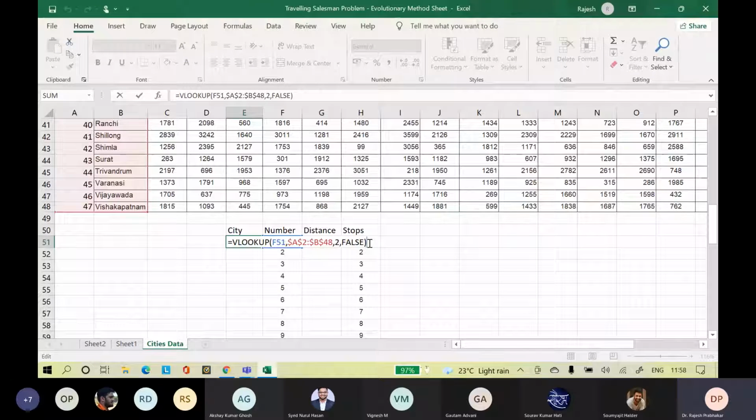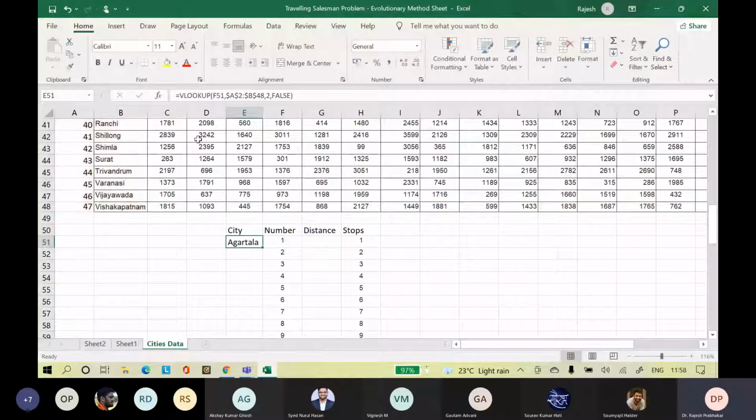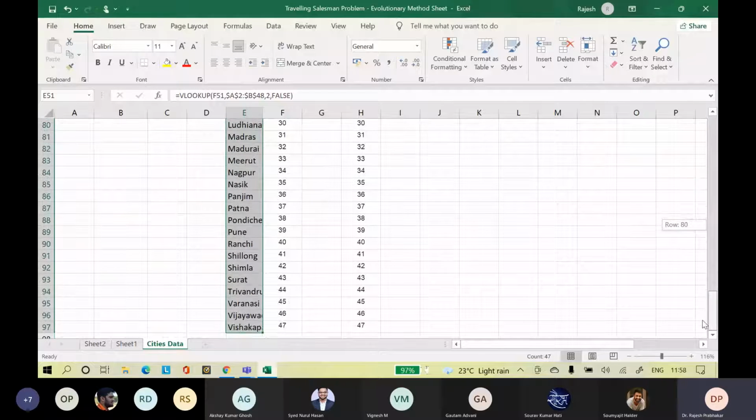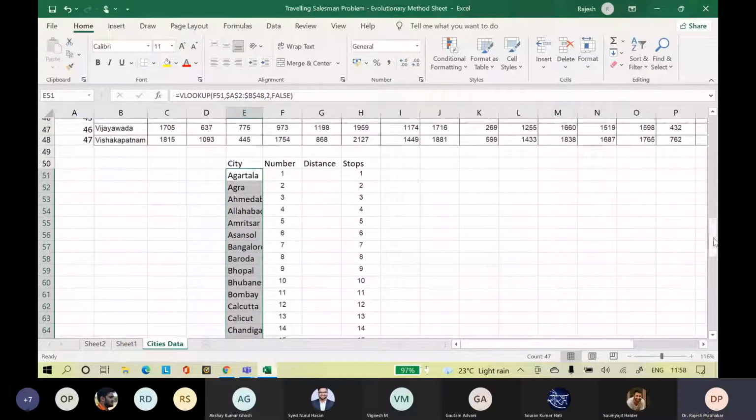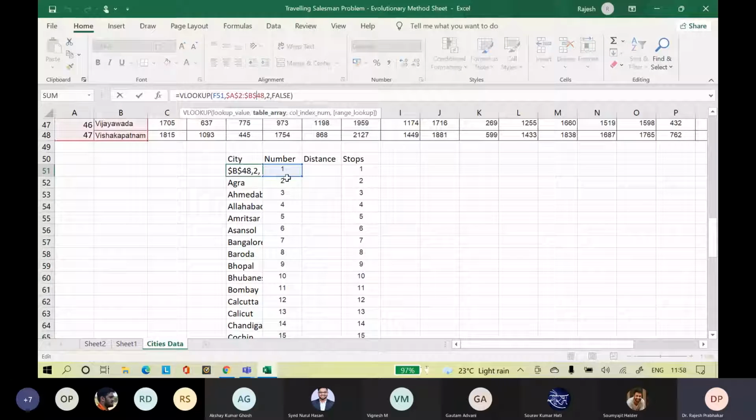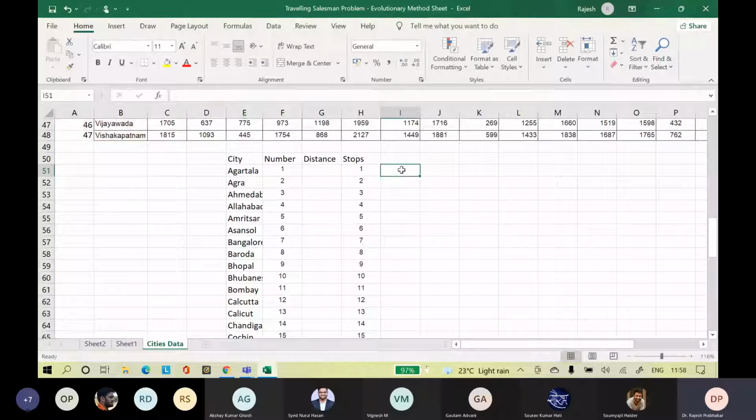City names are in the second column of our index table. So we have given comma 2, comma false. False means we want an exact match. So now if you double click this, it will fill all the city names automatically till the end. This is the VLOOKUP formula which you need to input.